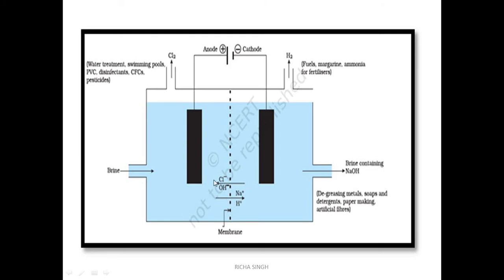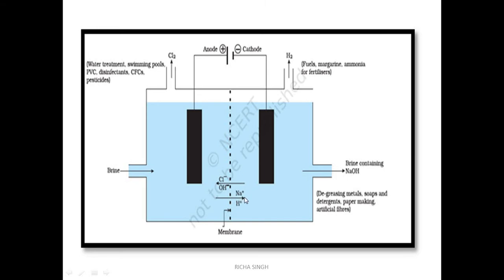Na plus, Cl minus, then H plus and OH minus, because electricity will pass through them and they will split like this. And as you all know, positive ions will be attracted towards the negative electrode and negative ions will be attracted towards the positive electrode. So let's start with Na plus and H plus. Na plus is very reactive, so it is reactive in Na plus stage also, so it will not be going to the cathode.